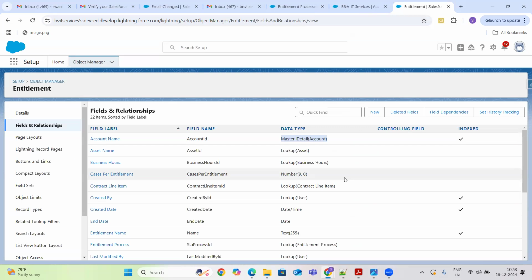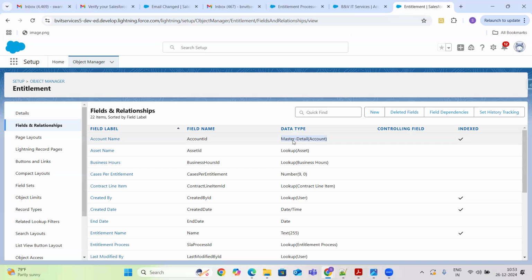So with this, we will be done with the basic concepts of sales, service, and marketing. From tomorrow onwards, I'm going to explain in more detail the custom objects, fields and relationships, each and every field type and its values. And we will create different fields also. That time you will learn about master detail relationships. For now, master detail is nothing but parent child. Account is the parent object and entitlements are the child objects.